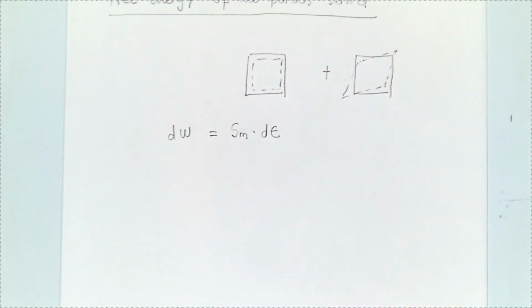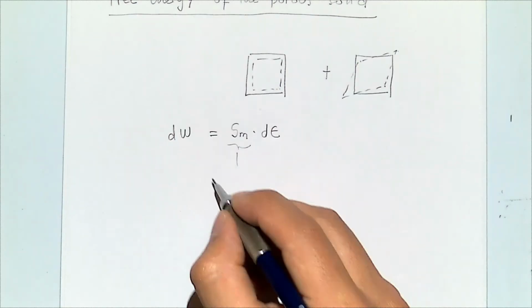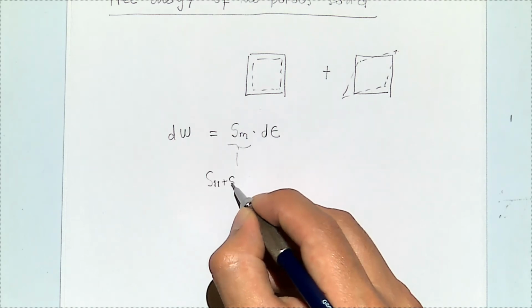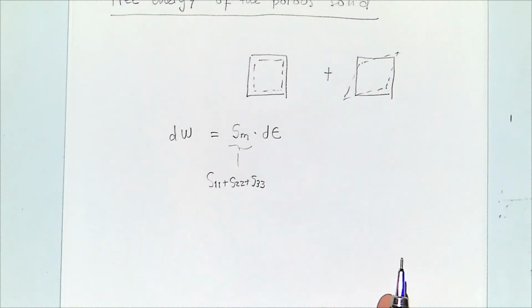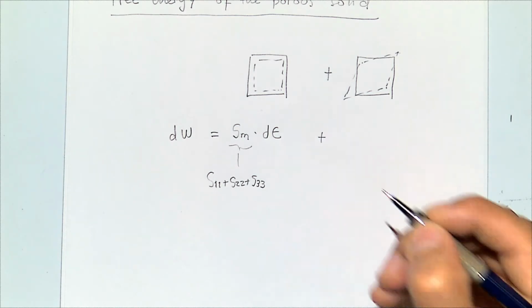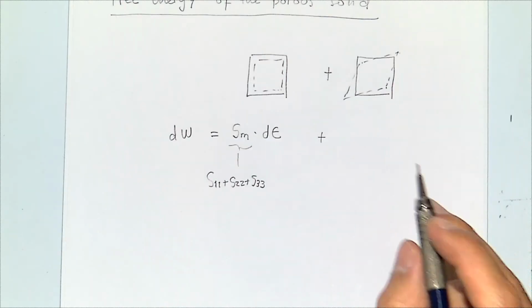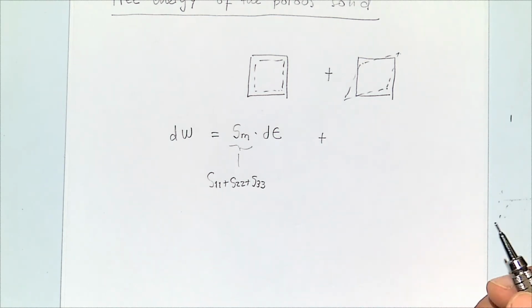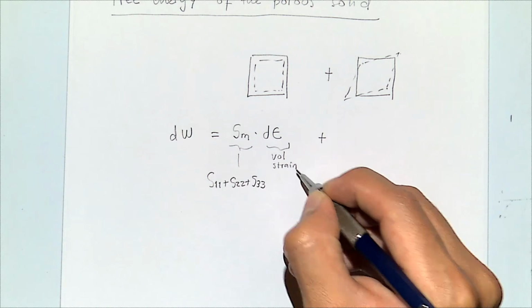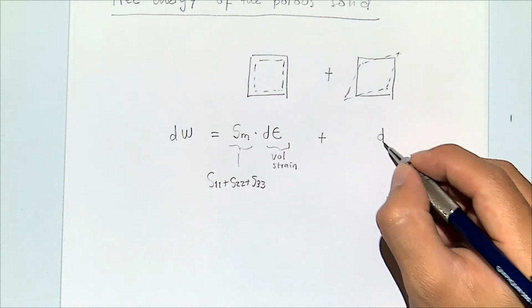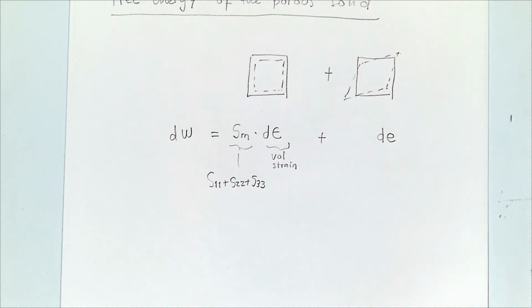So the mean stress Sm, where Sm is S11 plus S22 plus S33, that's the one that causes changes in volumetric strain. And the one that causes shear strains is going to be also a shear stress. Okay, let me complete this. This is volumetric strain. And here, similar to this, I'm going to write this shear strain